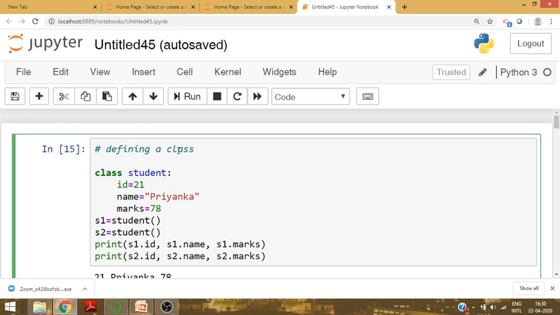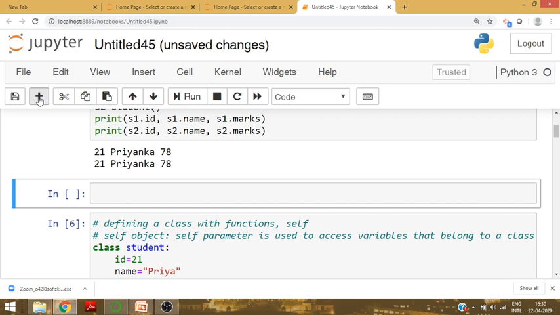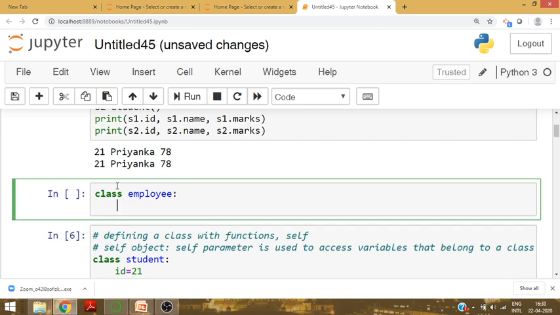As we know what is meant by class: a class is a user defined data type, or a blueprint where data members and functions can be put together. Now, what is the style of writing a class? How to write a class? Use the keyword class, then you can write any example. Suppose the example is class employee.